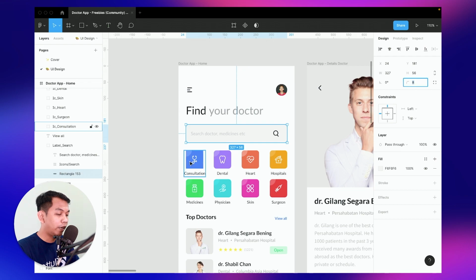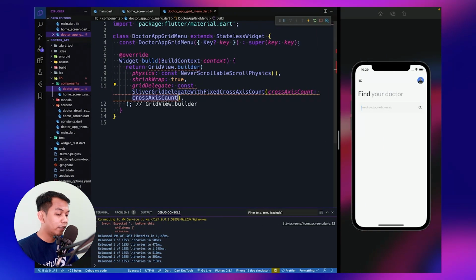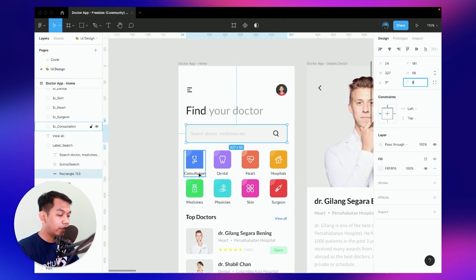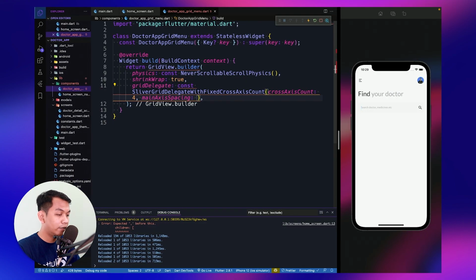CrossAxisCount means how many items horizontally. So from the design, we can see there are 4 items horizontally. So we say crossAxisCount 4. And for the mainAxisSpacing, which is the spacing for every item, we say 8. Look like this.